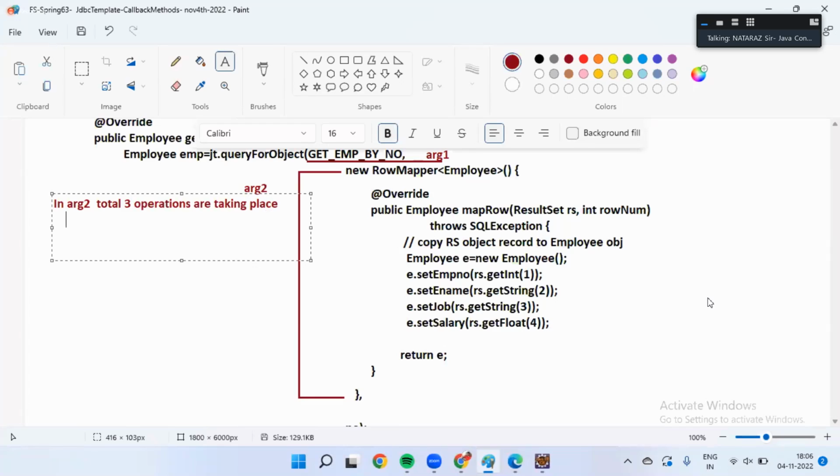Number 1, an anonymous inner class is created implementing the RowMapper interface. That is A, guys. Number 2, in that anonymous inner class implementing RowMapper,